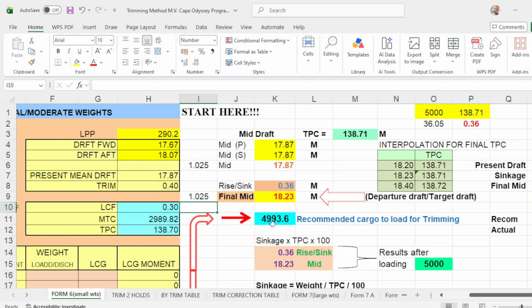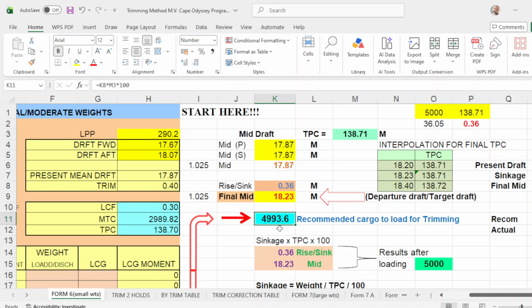So how did I get this one? You click this one, then you will see the formula. The formula says K8, row 8 and column K. That will be your sinkage times your M3. This N3 is your TPC times 100. Again, sinkage times TPC times 100 will be your recommended cargo to load for trimming, which is 4993.6.